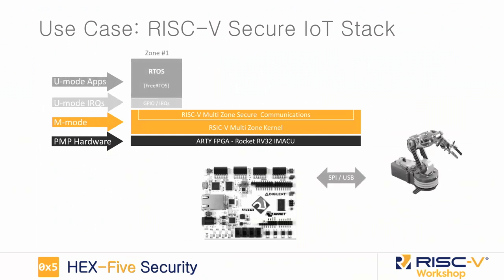And so what do I do now? I start building my system. And so my system has FreeRTOS. And what FreeRTOS does, well, moves the robotic arm in a nice way and turns on and off some LEDs connected to the GPIO. It's a simplification of what is your actual application, right? And so we all love FreeRTOS. It's there, does its work, nothing really special to say here. Just point out that to do this, to move the robotic arm, which is connected over this SPI USB, I need access to GPIOs and some interrupts. So what I do, I map to this zone just the physical resources that I need here. I don't map the Ethernet. This guy needs to move the robotic arm, not to be exposed to attack on the Ethernet link, okay?